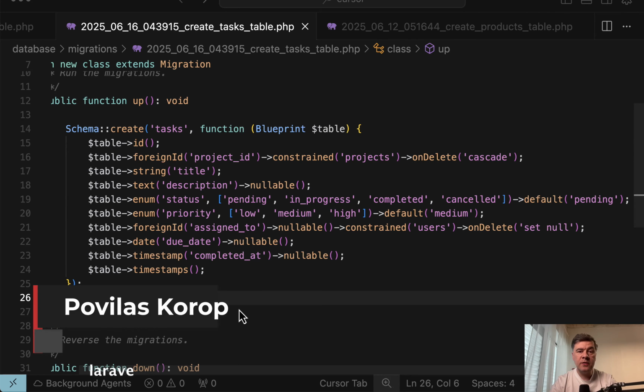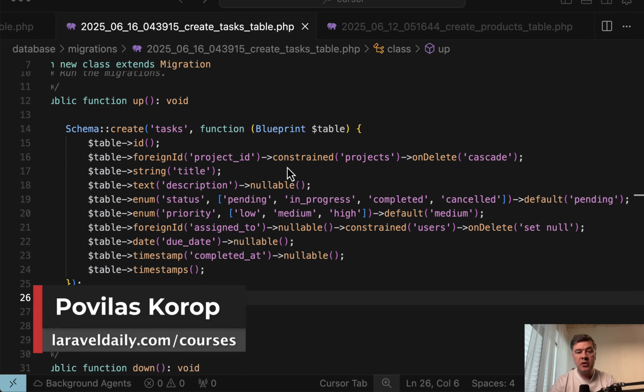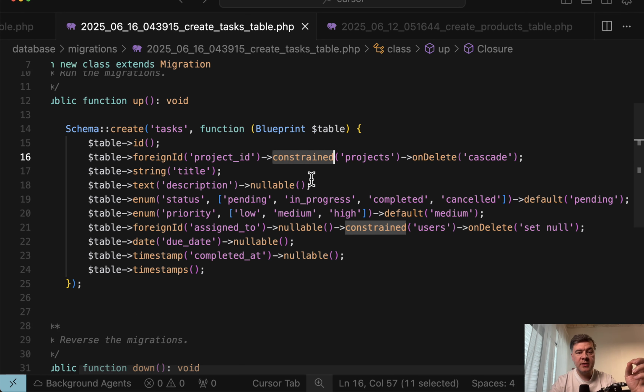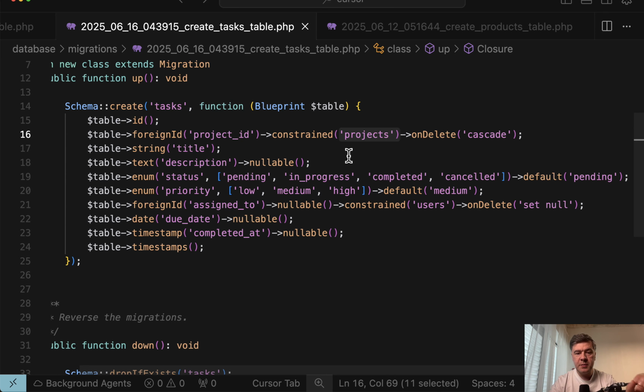Hello guys, in this short video I want to raise a discussion on the constrained thing in Laravel migrations and whether we should provide the table name or not. Because whenever I play around with some demo projects and ask the Cursor AI model to generate a migration, it often does it in a verbose way like this: constrained project, constrained user, specifying the table, although it is not strictly